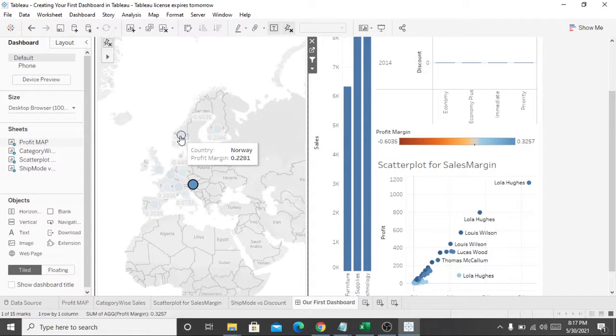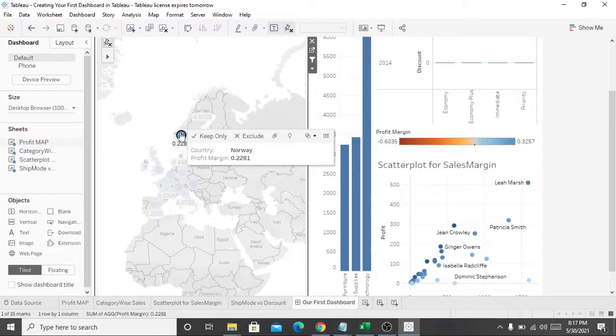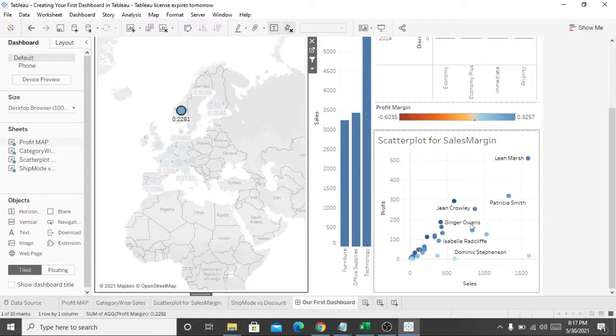Let's choose Norway as of now, and you could see how the scatter plot changes for the sales margin. Here we are getting the customers for Norway, like Jin Crowley, Ginger Owens, and Pratika Smith, all customers from Norway.